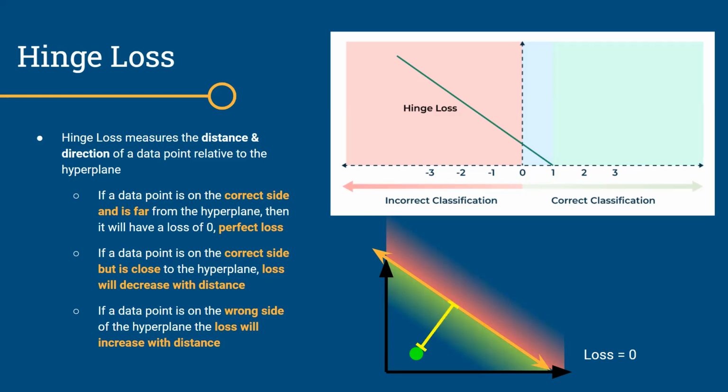So our loss caps off at 0. Once we have 0 loss, it means our splitting hyperplane is perfect. So for instance, if our data point was way over here, that would still have a loss of 0, assuming it's predicted correctly. However, if it was on the negative side, oops, correction. So yes, this has a loss of 3, but let's say our green data point was way over here, the loss might be 10,